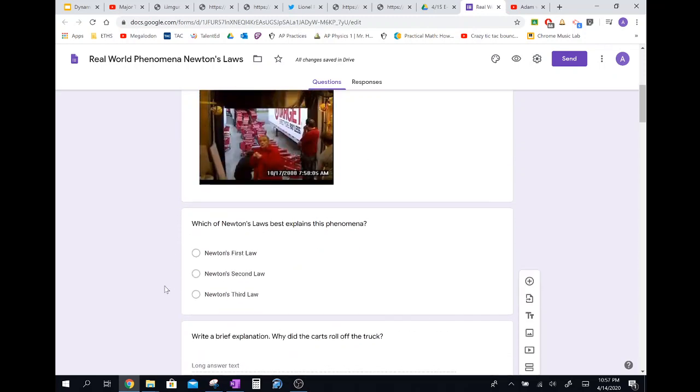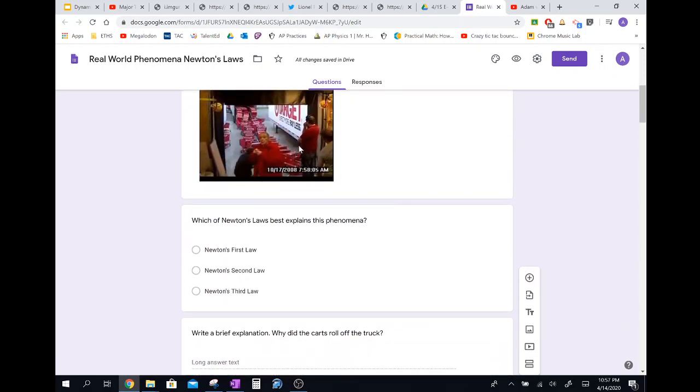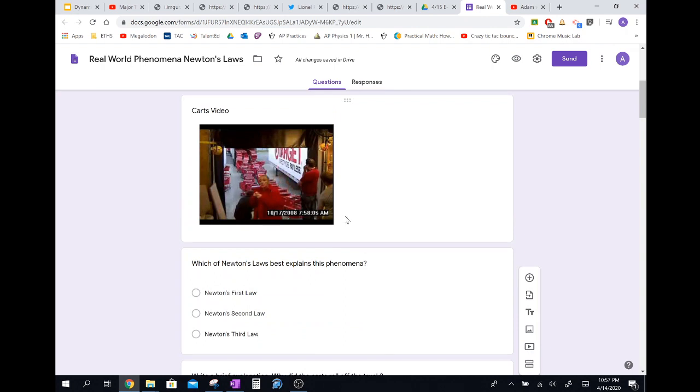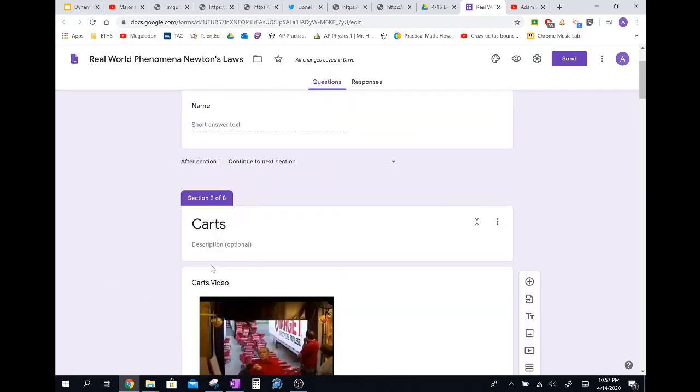So a brief explanation can be like, oh, well, the carts were all stuck together, so they had a lot of mass, which means they have a lot of inertia. I know based on Newton's first law, this law of inertia, that the object at rest wants to stay at rest. So when the truck moved away, those objects were massive enough that they wanted to stay at rest. There was maybe very low friction between the cart and the truck, so there wasn't really a net force acting on it. So the carts stayed doing what they were doing, which was being at rest. They stayed in place even though the truck moved, and then they all fell out because they were staying in place.